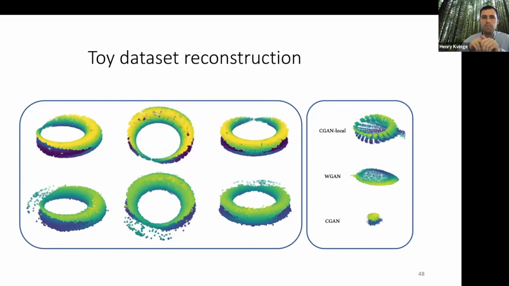This example was a pinched torus where some of the fibers in the torus are actually a circle and some of them are just an interval. And the BundleNet does okay. It certainly does a lot better than these other models, where it's not even clear that they are the shape that they're supposed to be.